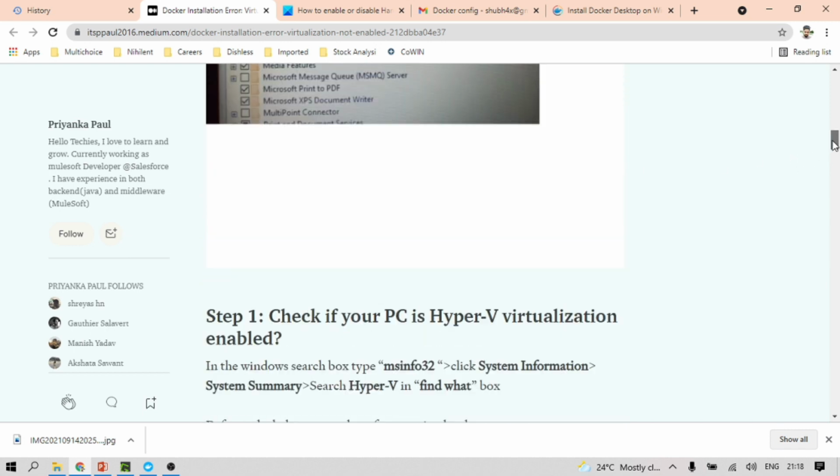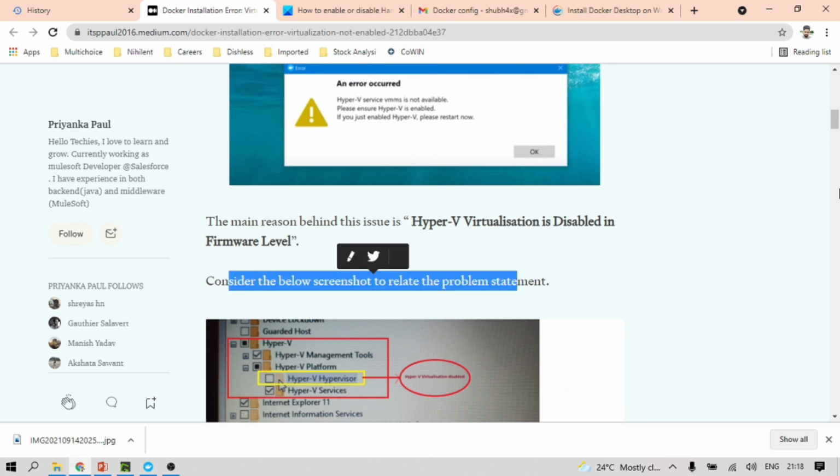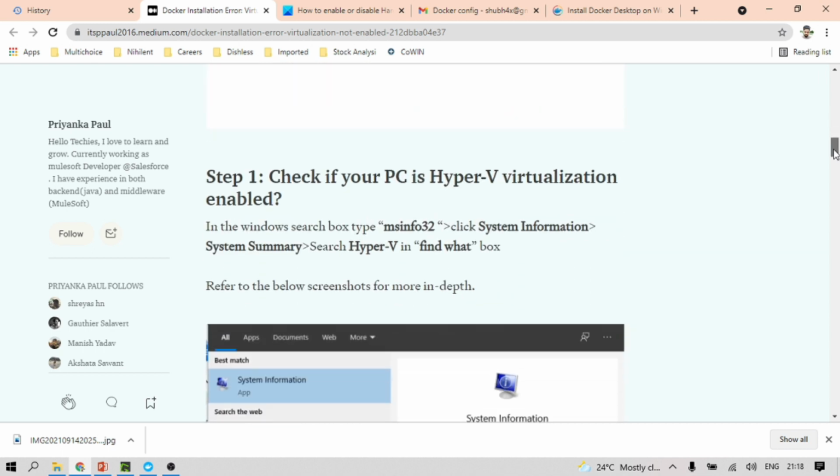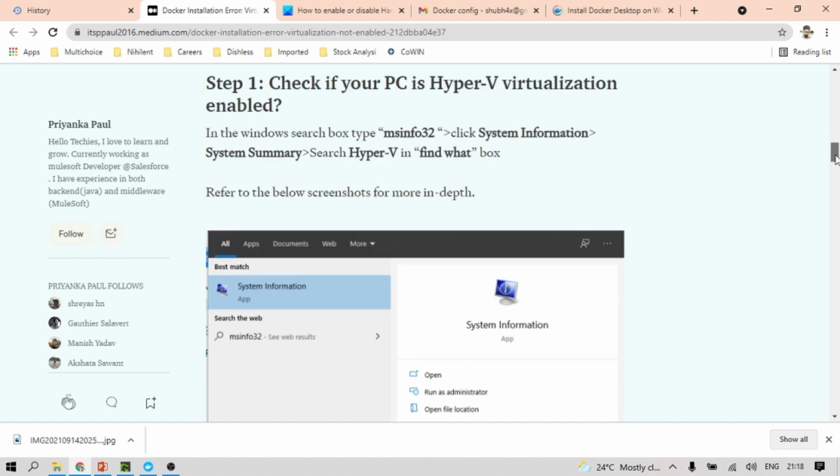Step 1, how to enable virtualization for your system. Go to System Information, System Summary, and search for Hyper-V.